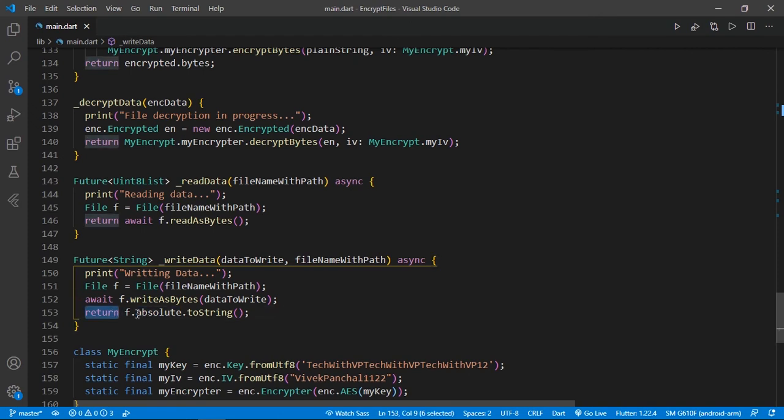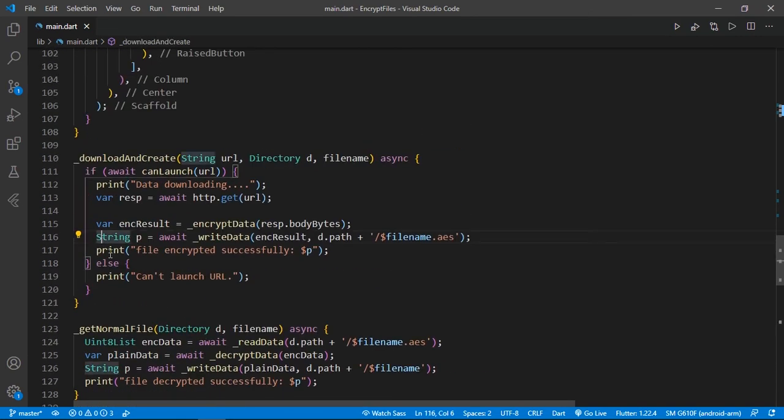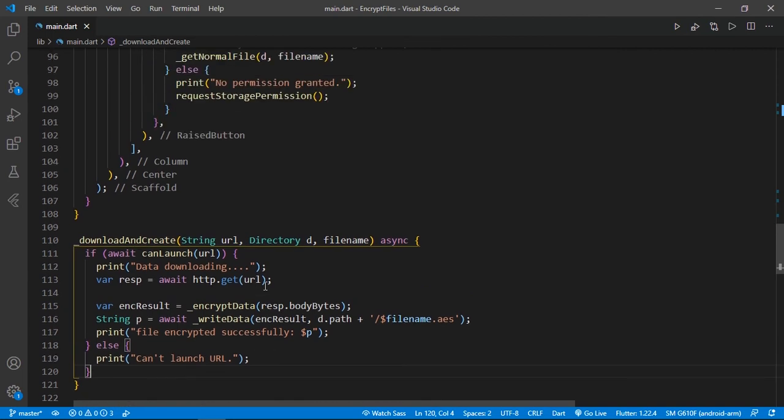And now this is returned as a string, you can see toString, and here we got our string path, and we are going to print file encrypted successfully, and here $p. If this URL is not launchable, then it will print the can't launch message. So this will encrypt our file and store it into our folder.